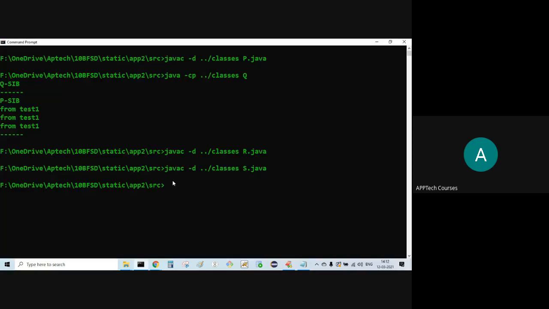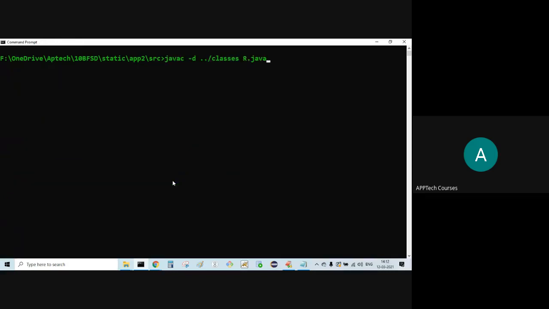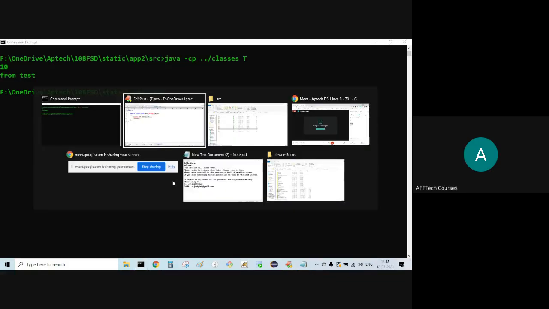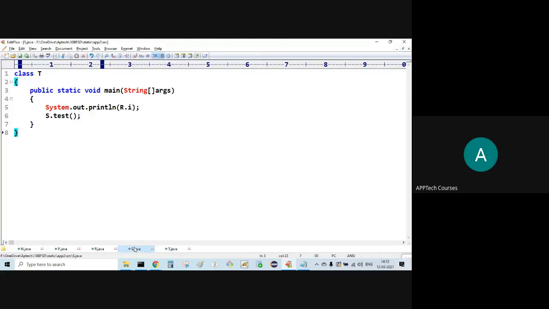Compile and execute T. Then we get "from test". Understood? These three .java files, R.java, S.java, T.java, are available in the same folder. In the same folder we have